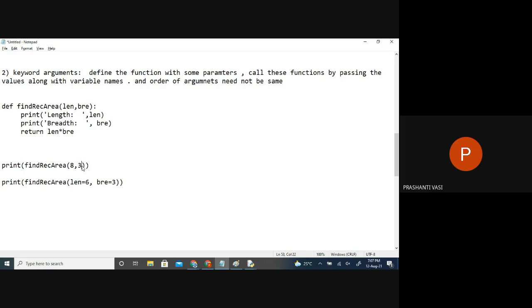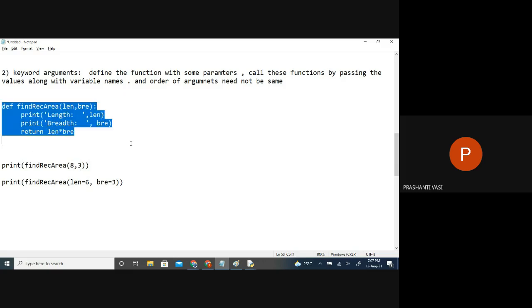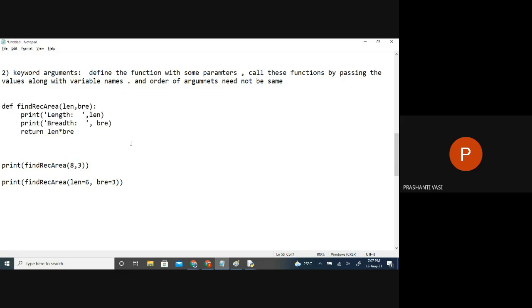So you should not pass the data in whatever order you like. You have to pass the values exactly in the same order in which they are expected. Then only it will be correct programming. But if I don't know and I'm just passing in any order, my output may come out wrong sometimes. Because if I execute this program with 3 or 1, and 8, the output will look like length is 1, breadth is 8, which is not a correct message on the screen.